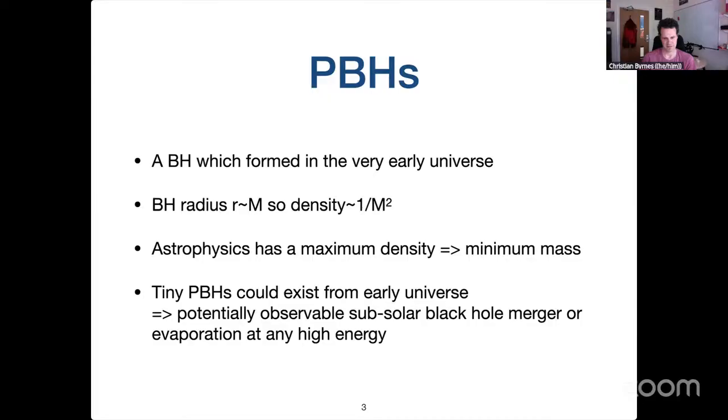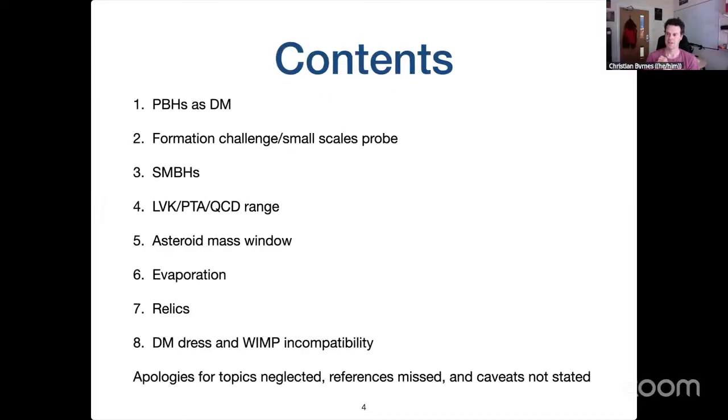They also form typically out of radiation rather than standard model particles, or at least electrons and neutrons, etc., which are a small fraction of the background density at that time. So there's the potential for subsolar black hole mergers, which could be a smoking gun signature, or evaporation of black holes. If they form really very light, they will, via Hawking evaporation, reach up to arbitrarily high energies. And I'll come to these topics. So this is a lot to cover in 35, 40 minutes, but I'll try to motivate that they could be all of the dark matter.